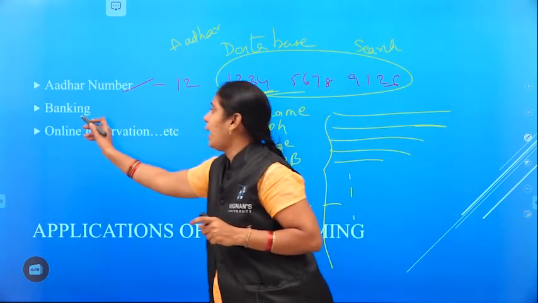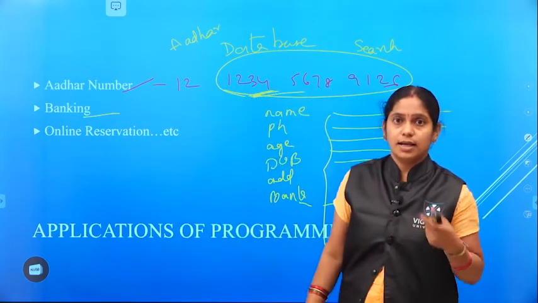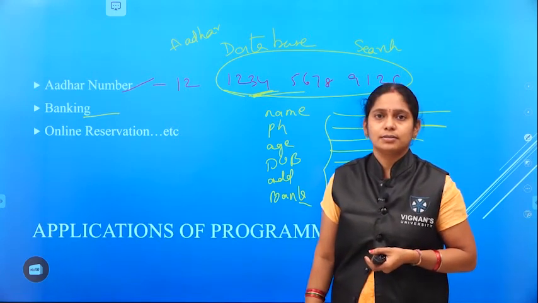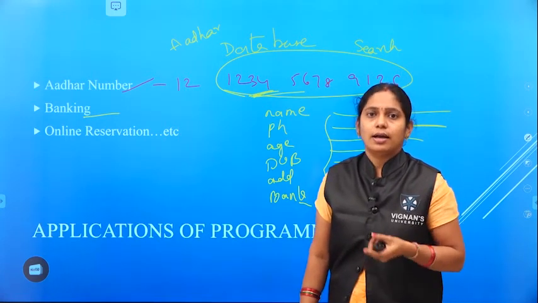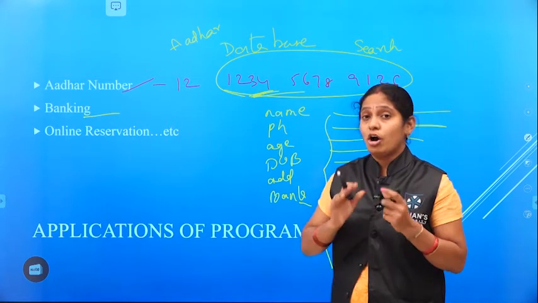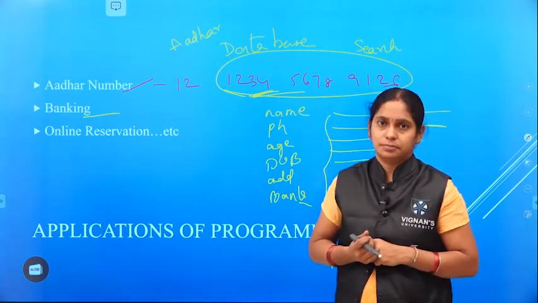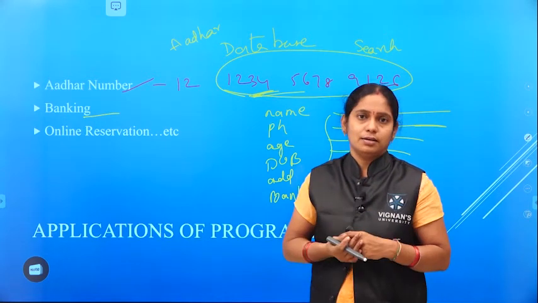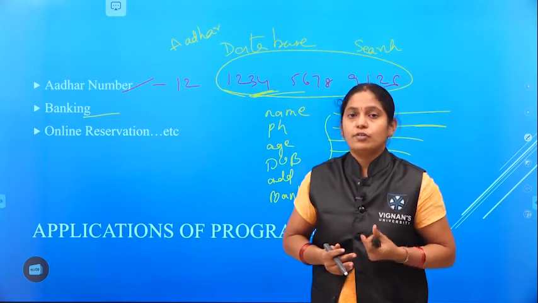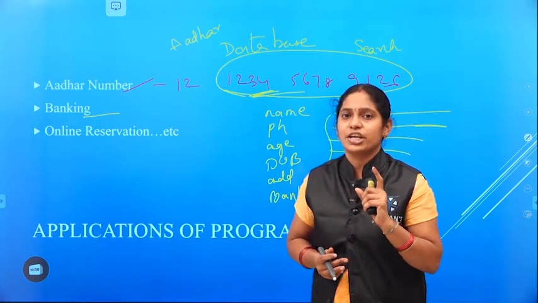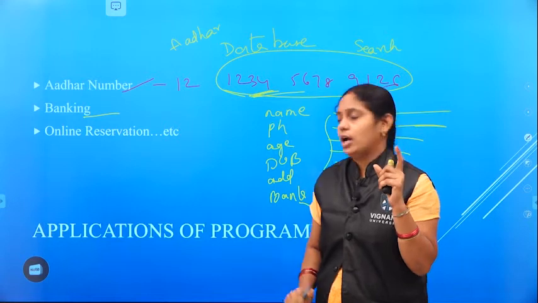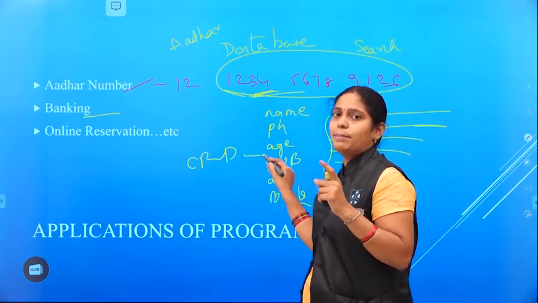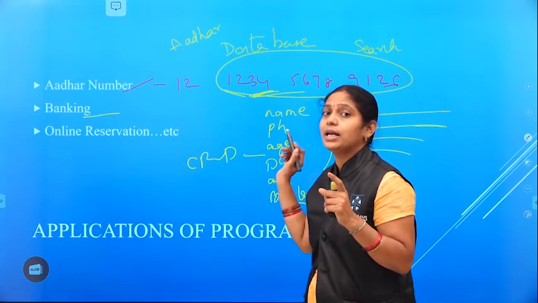Similarly, coming to your banking, take the other example, banking. So, usually what operations do we do with the bank? Debit or credit or something. So, how much balance you have in your account? How much you debited? How much credited? So, for each transaction, everything should be clearly specified. How much you credited? How much you debited? And what is the present balance? Everything should be maintained clearly.